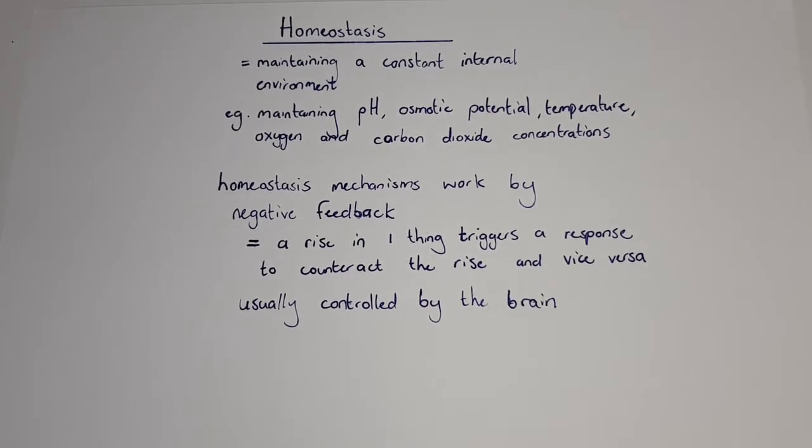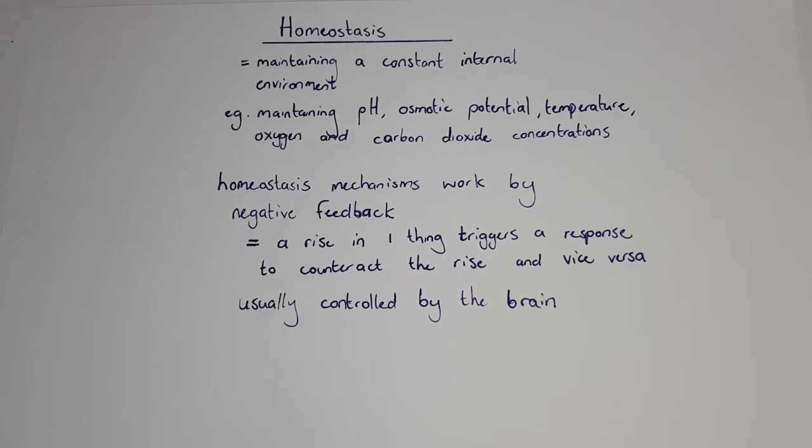So for example, the pH of our blood must always remain at 7, or osmotic potential, meaning inside your cells you always need a certain amount of glucose or ions or minerals to maintain that osmosis, because we don't want to lose too much water or gain too much water in different areas, like our blood, for example, or our temperature. We always maintain a constant body temperature, as well as oxygen and carbon dioxide concentrations,